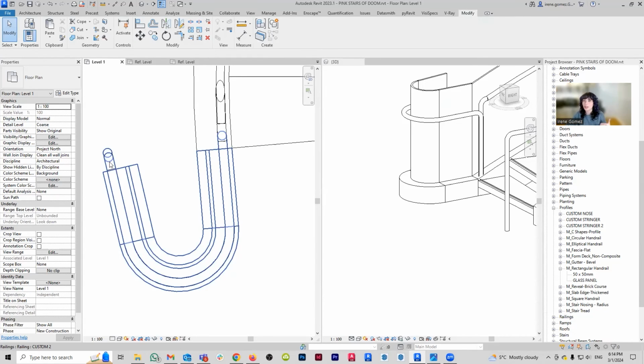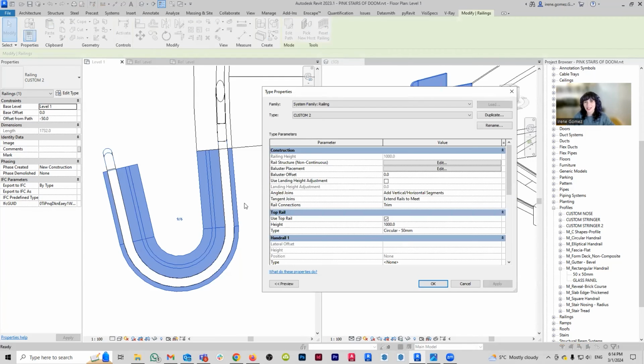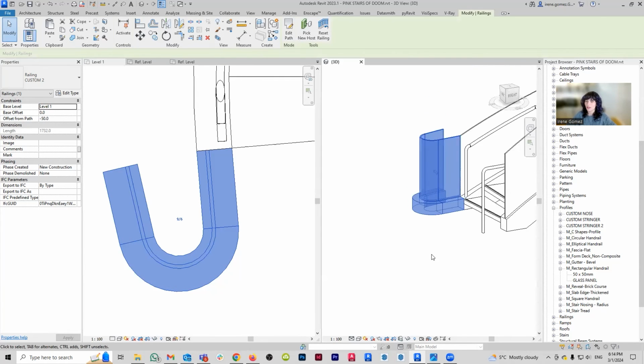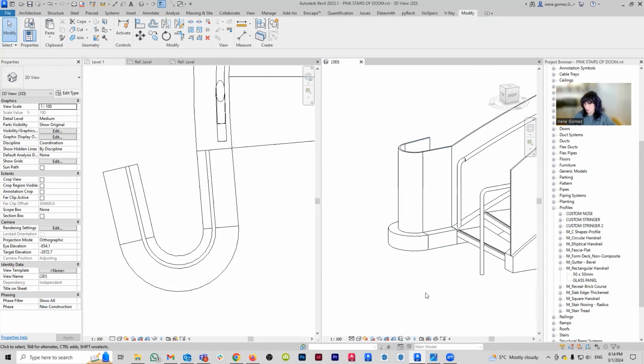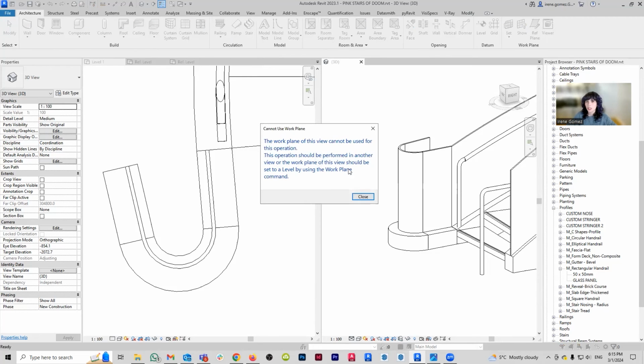I actually want this guy to be shorter. So what we're going to do here is the following. Step 1, I'm going to go here and get rid of the top rail. We're going to apply this. So we have a rail that is just a stringer, basically. Step 2, I'm going to go back to my old and loved, just the railer, custom rail number 1. I'm going to sketch it.